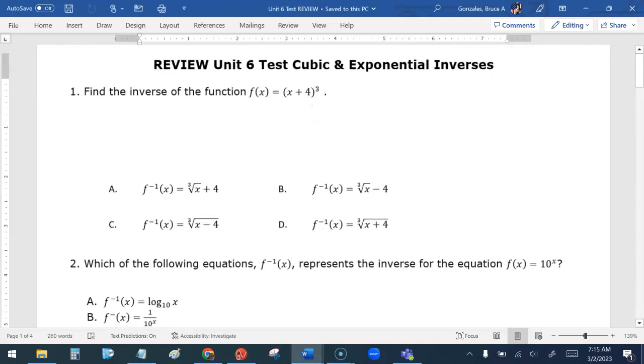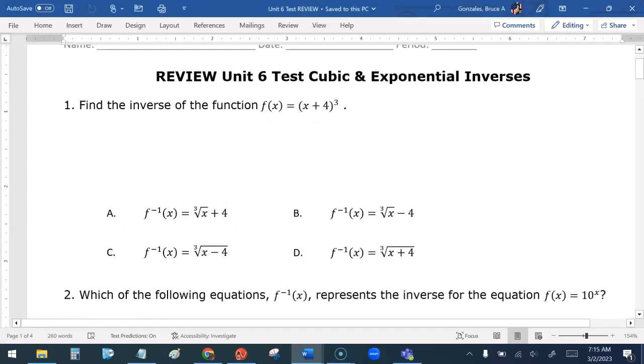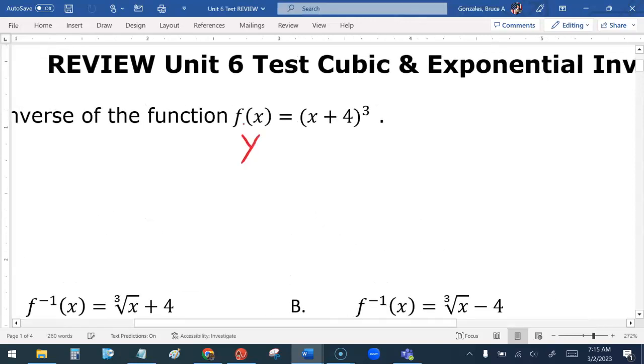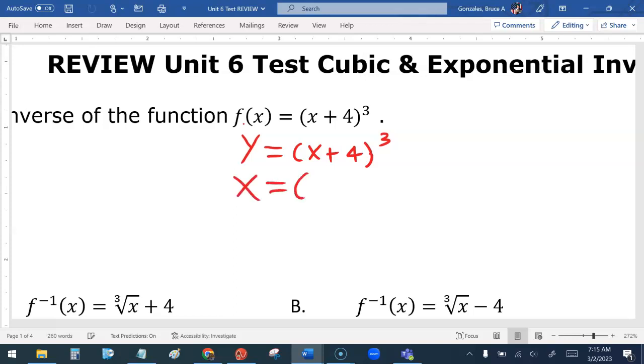All right, so on number one, we're going to try to find the inverse of this function. Remember your 4 steps. So your first step is to turn f of x into y. Your second step is to switch x and y. All right, your third step, if you're solving for y, you can't get rid of the 4 because it's inside